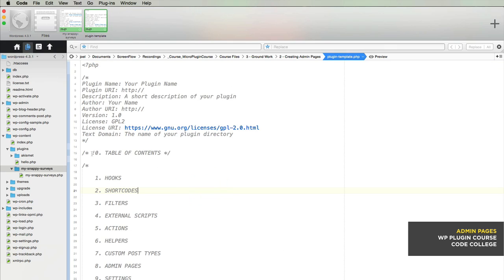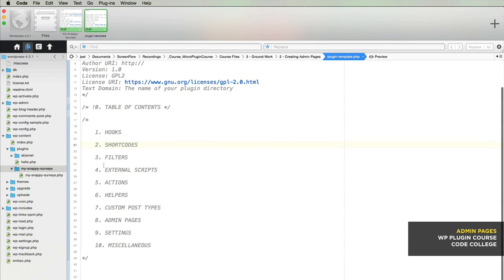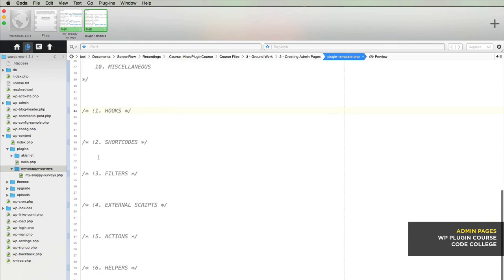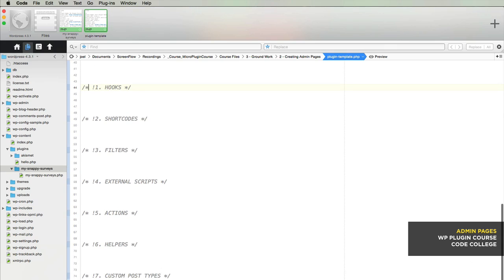What I've done here is I've created just some PHP comments to organize our code. First, we have the table of contents. This includes a table of contents of the different sections we're going to have in our code. We've got 10 sections: hooks, shortcodes, filters, external scripts, actions, helpers, custom post types, admin pages, settings, and miscellaneous. These 10 sections should provide us with a good way to organize everything that we're going to put into our WordPress plugin. Then below that, we can see we've got each of those sections included here as their own PHP